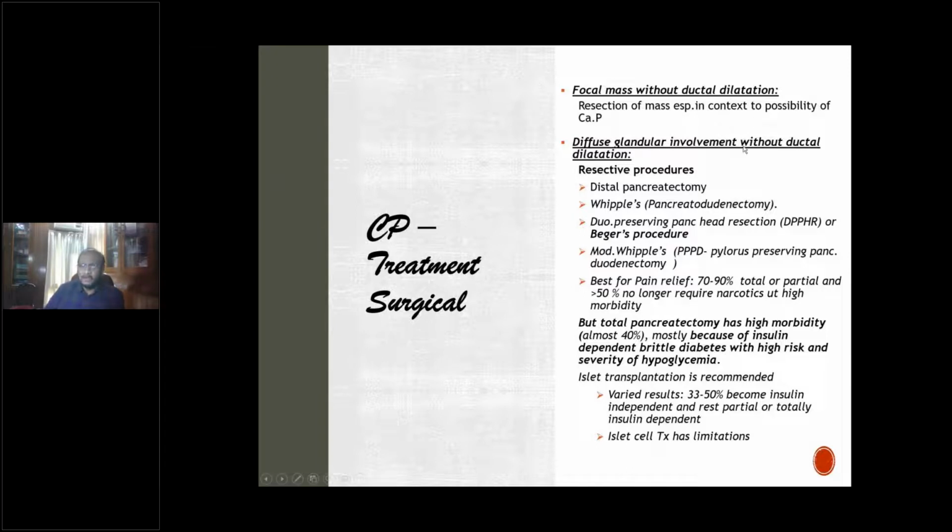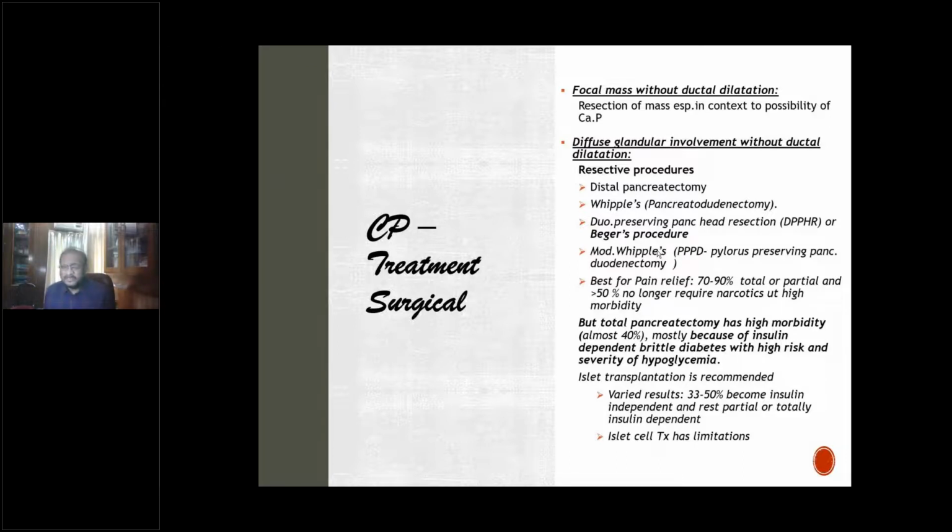But if you have no ductal dilatation, but instead of a focal mass, you've got a diffuse glandular involvement. Then again, resective procedures come to the fore, and these resective procedures are either a distal pancreatectomy, that means the tail and body, or you can do a proximal, which is a Whipple's pancreatectomy, or because this has got a very high morbidity, you can do a duodenum preserving pancreatic head resection, DPPHR or Beger's procedure, or you can do a modified Whipple's. Just remember these procedures. Do not go into the detail. That's not for the MBBS level to know what these procedures are,